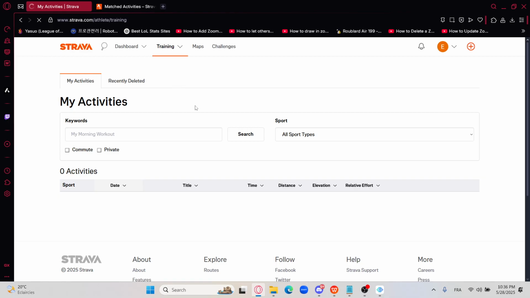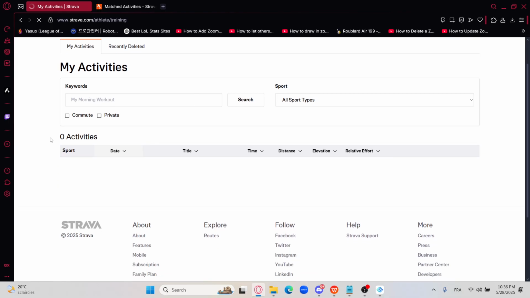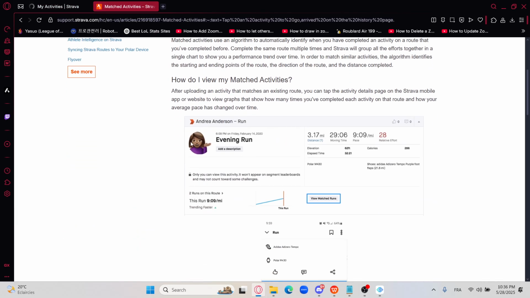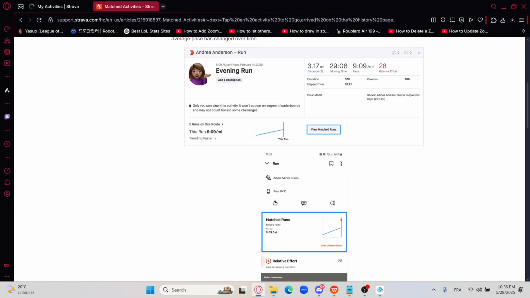And right here, as you can see, you will have a list of your activities. Once you tap on one of your activities, you will be able to see your activity just like this. You will have an option like that one: View Matched Runs. Once you click on View Matched Runs, you will be able to see the analysis